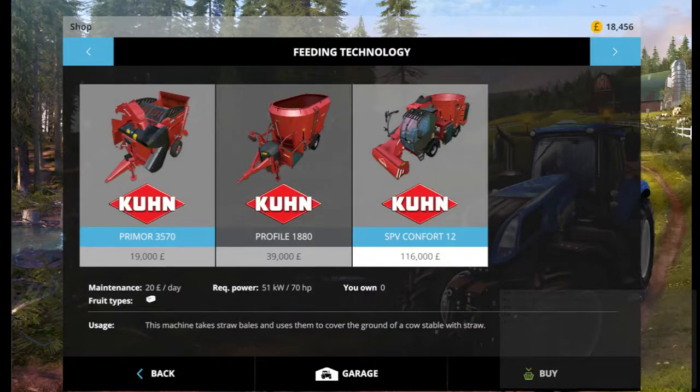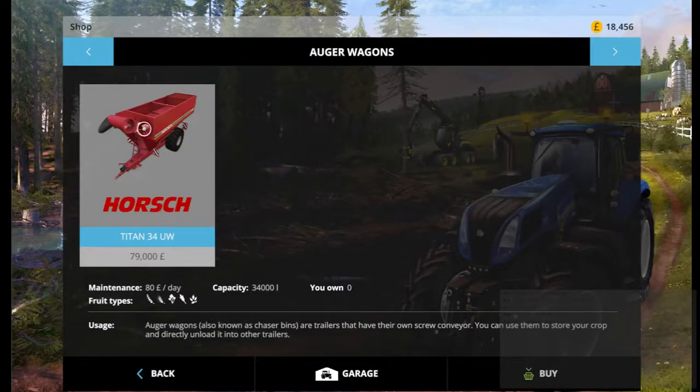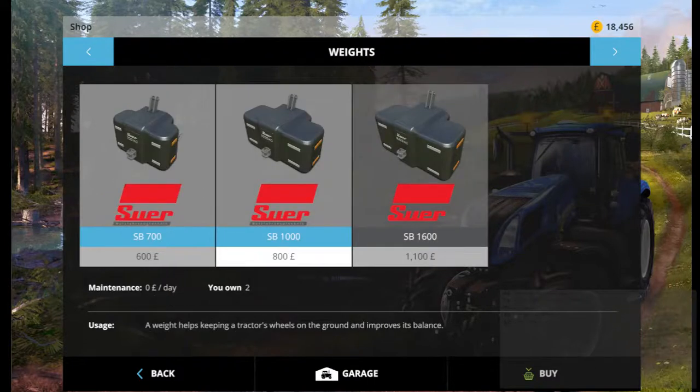Feeding technology for putting bales of hay, bales of straw, and things, and mixing them together, and then feeding to the animals. Auger wagons, also known as chaser bins, are trailers that have their own screw conveyor. You can use them to store your crop and directly load it into other trailers. So you can just have these parked around your farm. Your combines or whatever can just drive up to them and unload into these. And then you can either have the pipe stuck out and bring a bigger trailer up and go round all these trailers with a big trailer unloading them, or you can hitch it up to a tractor and then go and unload it. Then you've got the weights,